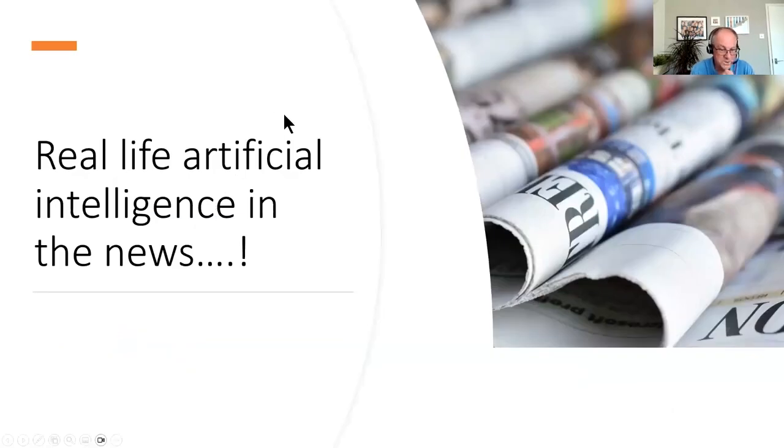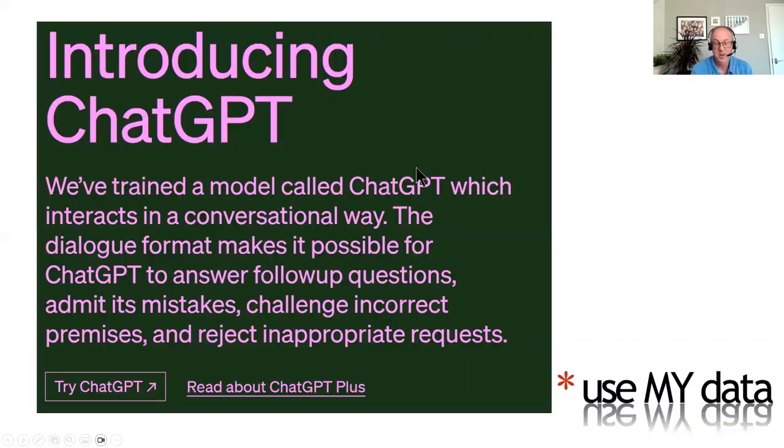So what's the reality? Because that's all fine and dandy and lovely, but what's the reality around some of this stuff? Well, you'll have seen in the newspapers, and I put these slides together about 3 weeks ago now, and there's been more and more since, about artificial intelligence in the news, not least with all the big internet search providers like Google implementing artificial intelligence algorithms into their search mechanisms now. But one of the most prominent that hit the news is a thing called ChatGPT.